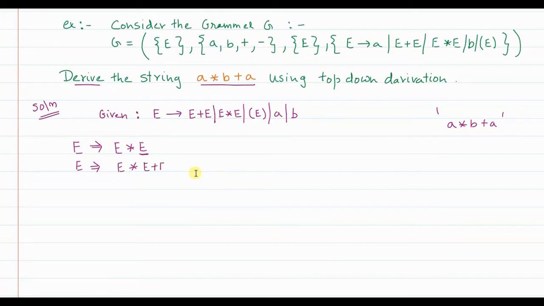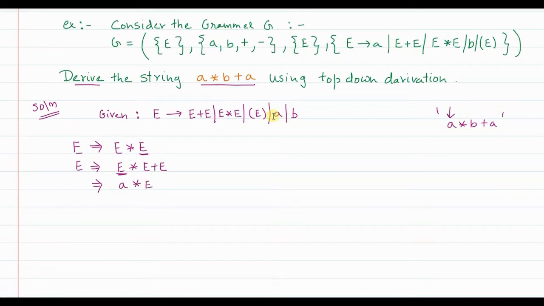So now I have got three non-terminals, or variables, which are placeholders to hold my terminals small a, small b, small a. Also I have got the into and plus signs. So I have got the skeleton of the string that is required. Now I have to see whether the replacement can be done. The first element of the string is small a, so I will replace this E with small a.